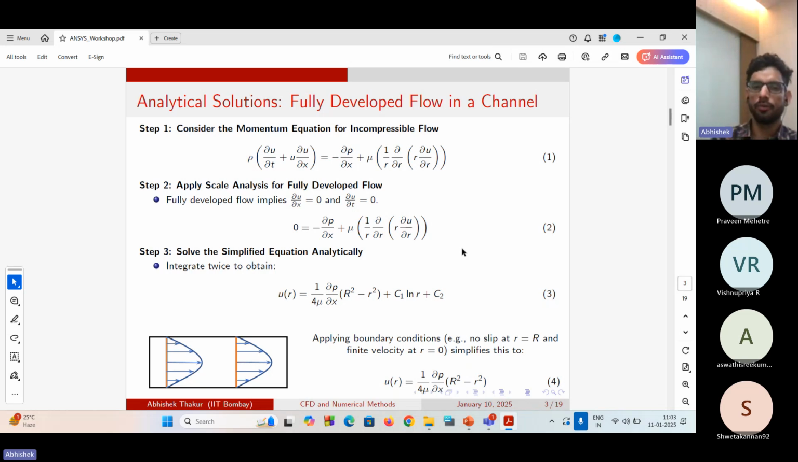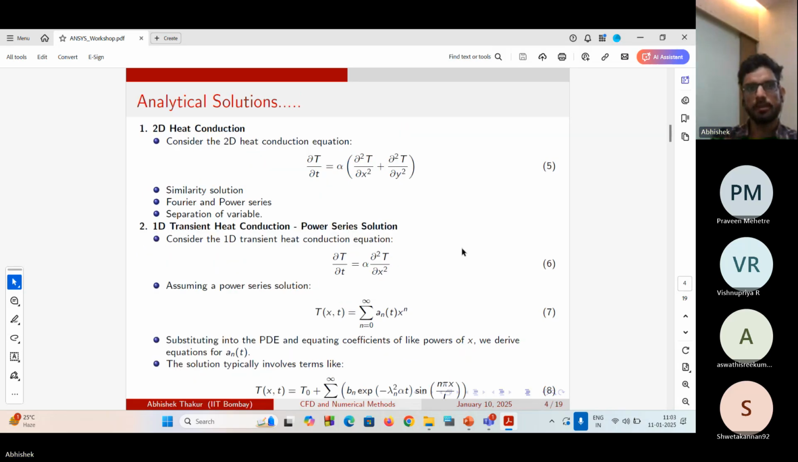For fully developed flow in a channel, we have an analytical solution. For the 2D heat conduction equation, on the left we have the transient term and on the right the conduction term. In these cases, we also have analytical solutions possible in some cases. Also in 1D transient heat conduction, an analytical solution is possible. So there are fluid flow scenarios in which analytical solutions are possible,